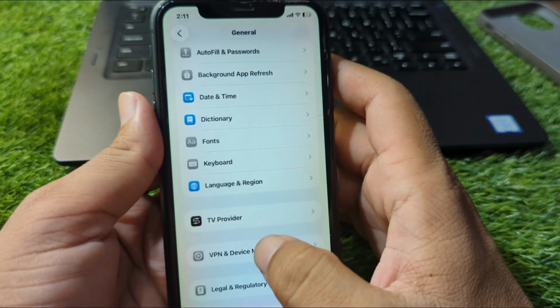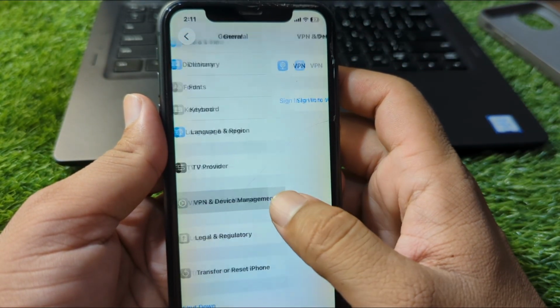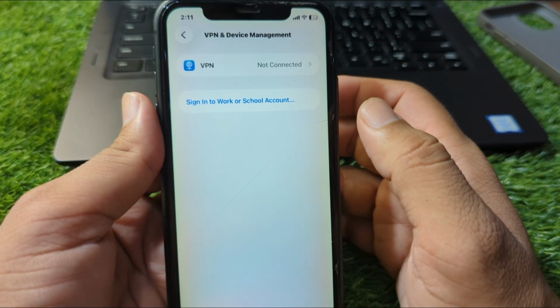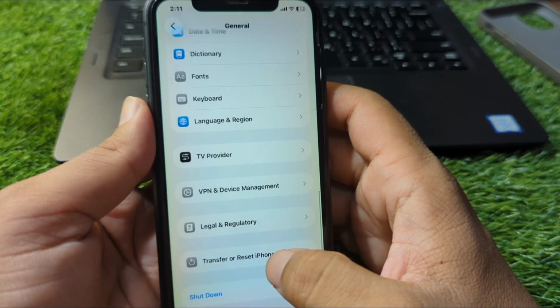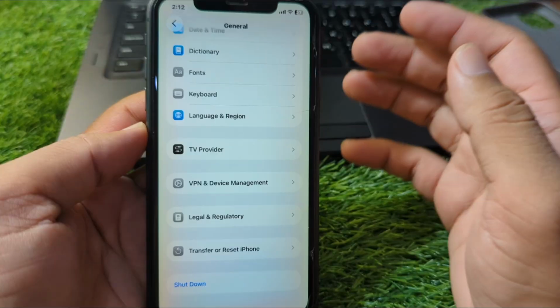After this go back and go to VPN and Device Management and make sure that there is no connected VPN on your device. Again go back and check if the problem is fixed or not, and if the problem is still there,